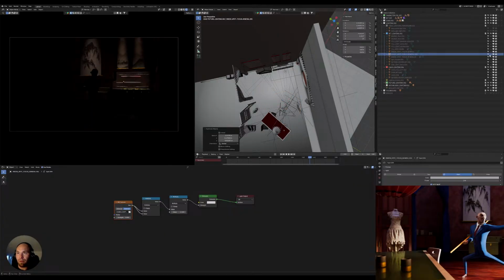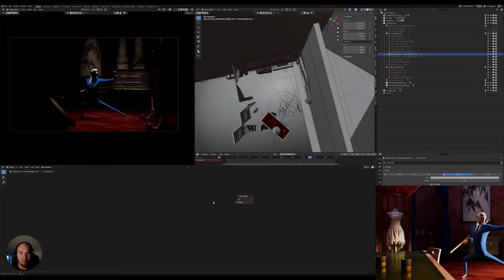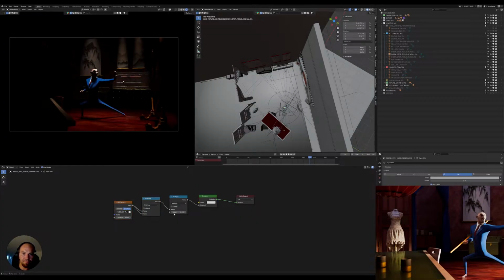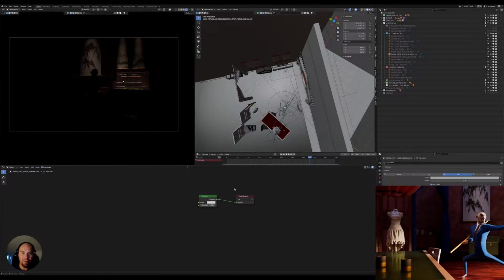We turn off the other one and we remove these nodes. So okay, we leave the emission, but we remove the rest. So now we have the strength at 1, but now the power is at 2 and it's not doing anything compared to the other one where at 2 it's actually lighting the scene quite well,